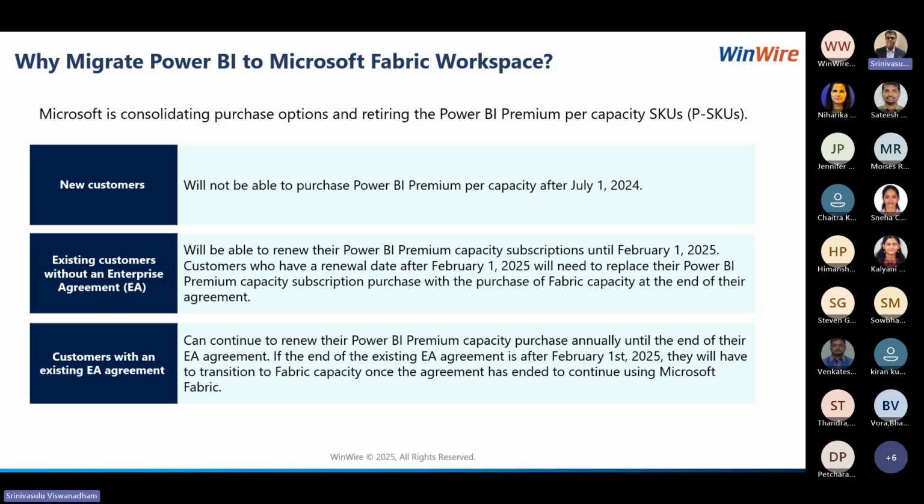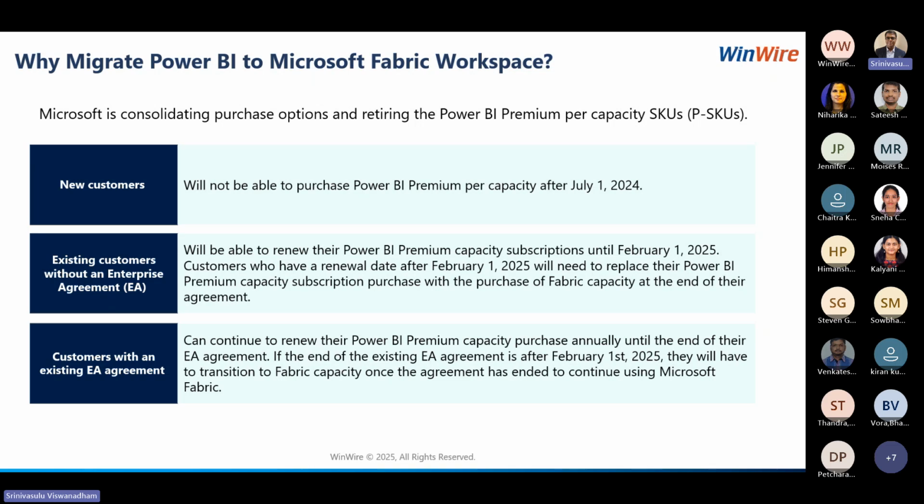When we say the P-SKUs or the premium SKUs, we used to purchase them on a per annum basis, which is an upfront cost to the customer, and that is how everybody would be purchasing it. Now, when it comes to the costing perspective, we have a P1 capacity or the P2, P3, and P4. That is how the names would be, and the P1 actually starts around a grand a month, and